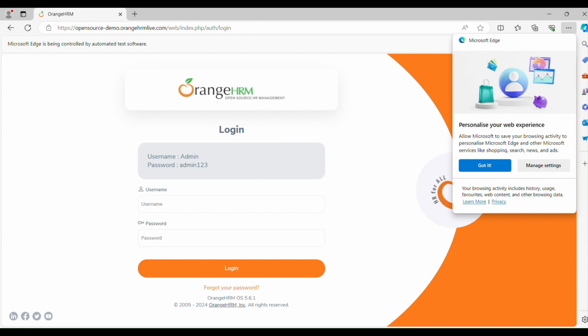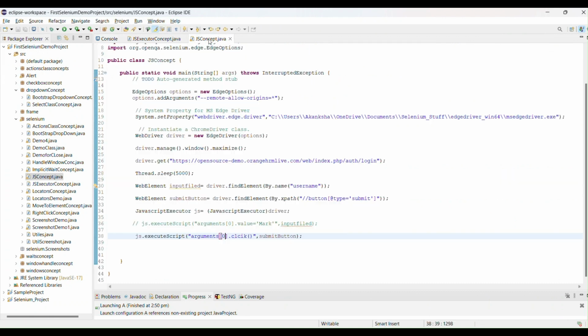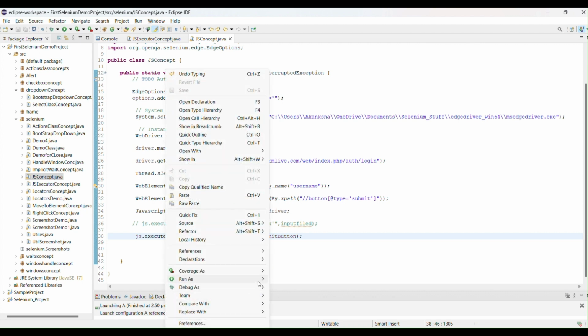I think something is wrong. Let's see. Okay, see guys, I just mentioned an incorrect method name here. That's why our code shows some error.